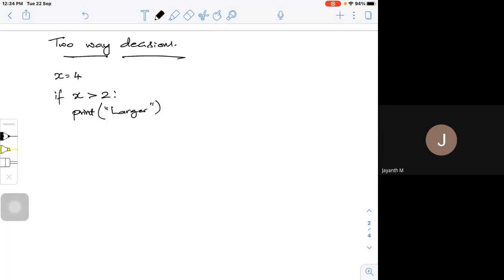Else, I have to do that. Else, if it is greater than 2, I will do that. If it is less than 2, what I need to do? Print it is smaller.